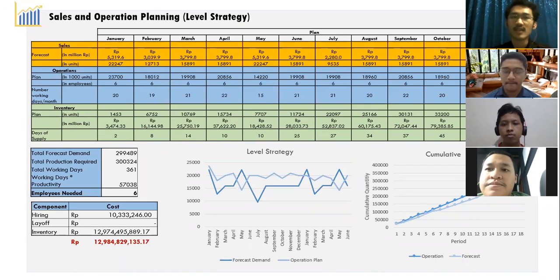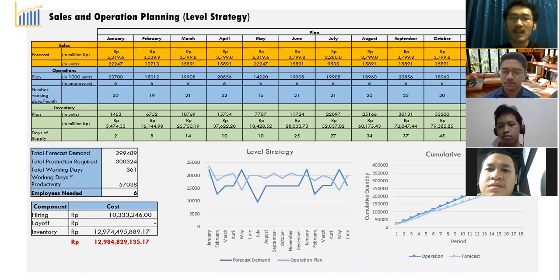Next, we are going to discuss the level strategy of the S&OP. In the level strategy, the number of employees is kept the same, which in this case, we only hire 6 employees. We got this number from dividing the total production required by the working days times the productivity. The productivity we obtain from calculating the minimum capacity of the machines in our production system, and we divide it by the number of working hours in a day, which is 8 hours. Then we got the productivity of 158 units per day,